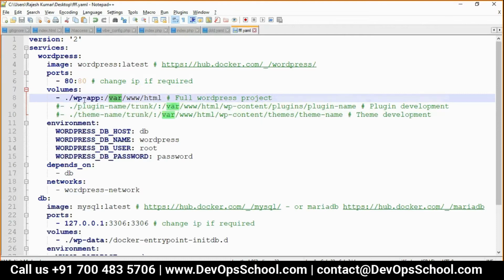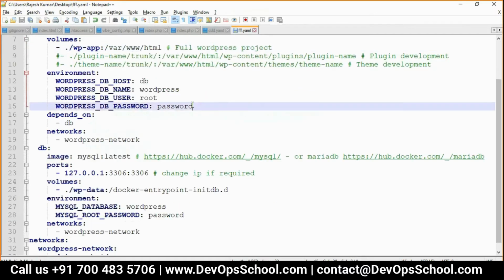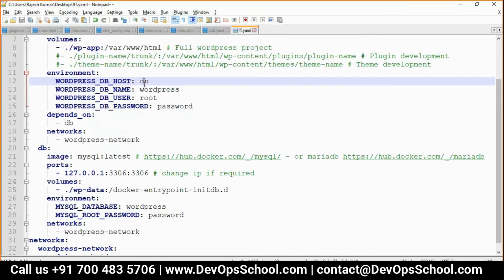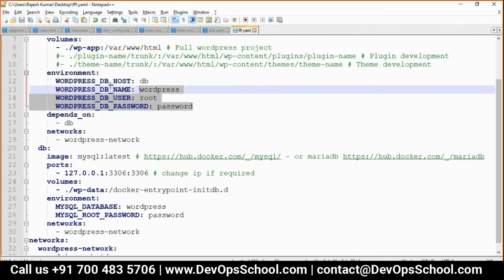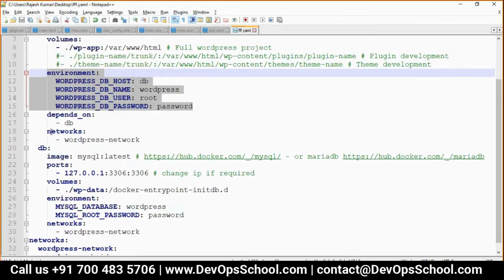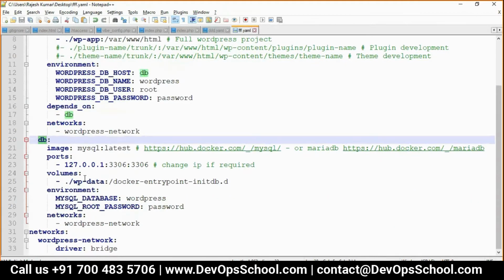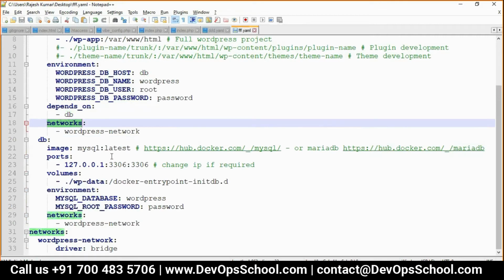Volumes, which is here, wherever you run. This is the external volume. This is the mount FS type, not a volume type. Remember, inside a container it will be mounted here. These are the environment variables which will be set. See here, DB host, WordPress, root, password, all these things. Network information will come from the DB, when you create the IP address and all. Now depends on the network, where the network is creating.